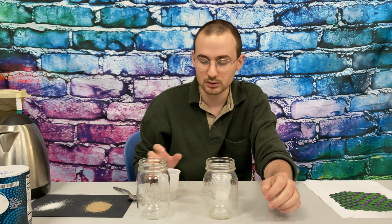You can't dissolve salt or sand in water at that temperature, but there is a temperature where you can dissolve sand in water, and that is 340 degrees Celsius. So if you know about Celsius, that's a little weird because at 100 degrees Celsius, water boils. So you can't dissolve sand in steam, but you can dissolve it in water, but only if the water is